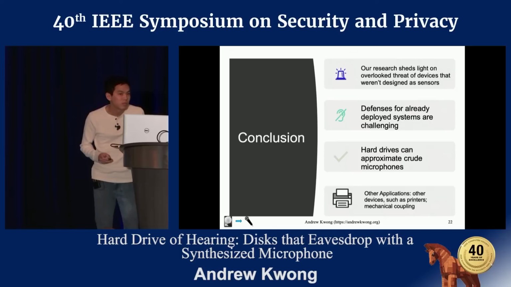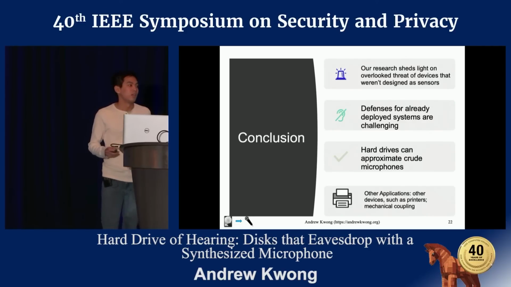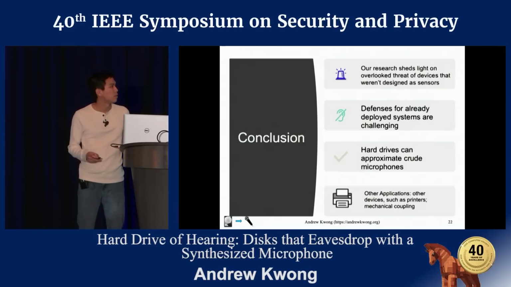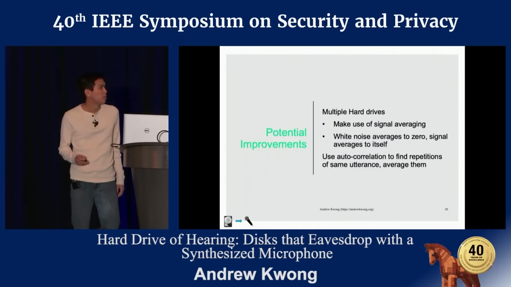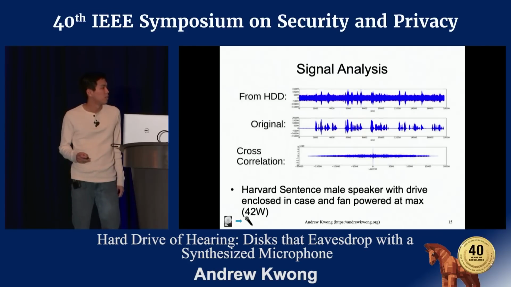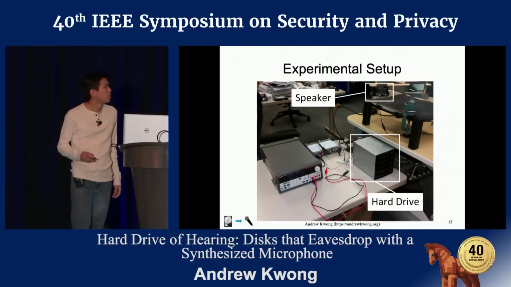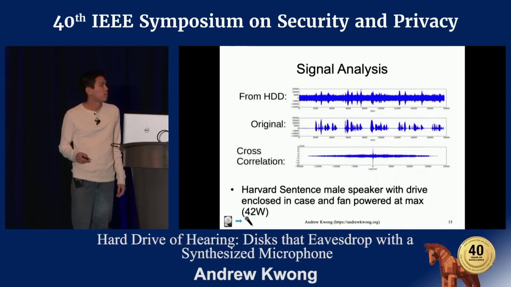Is it possible, at least in theory, to use noise cancellation techniques to get rid of the noise and then use your techniques on top of it? You're talking about entirely post-processing? Yeah, because I don't understand the technology in the hard drive, and that's where most of the noise comes from. But if you go back to your image where you had the noise and the original signal and the autocorrelation, the blue ones. Yeah, this one.